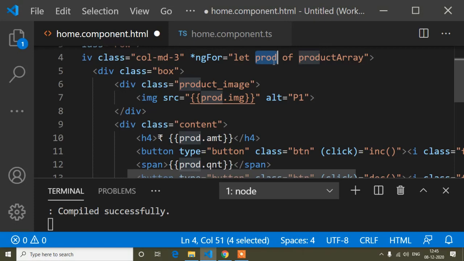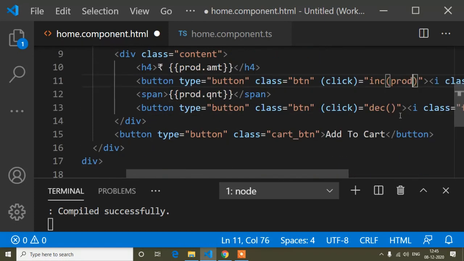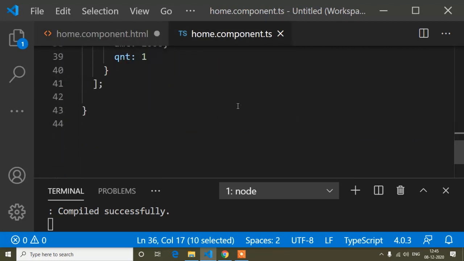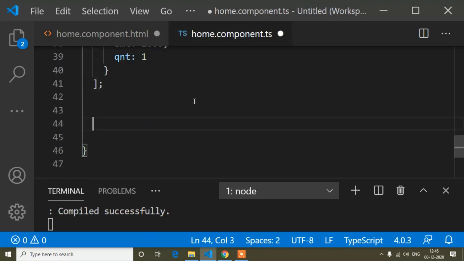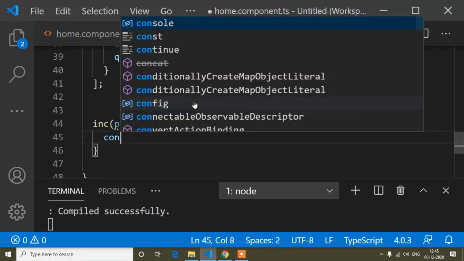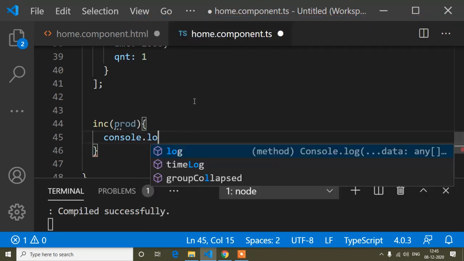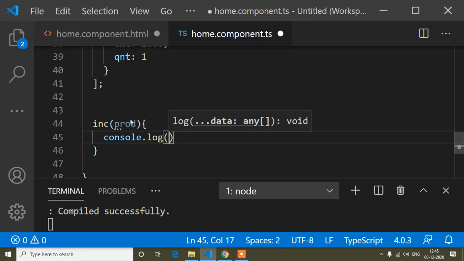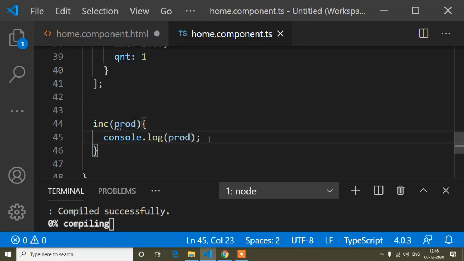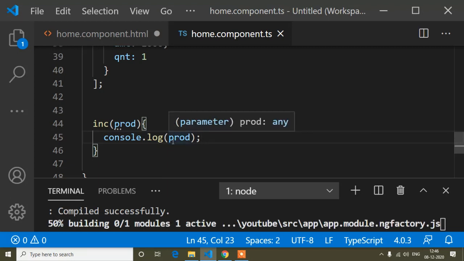So if I pass this product variable as a parameter inside this increase function and decrease function, and now I copy this one and write it here, and console dot log this product, let's see what output I'm getting.